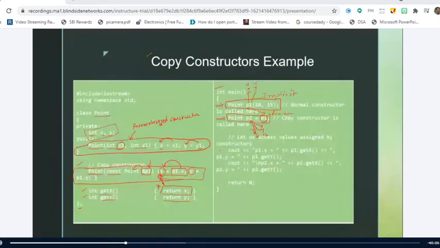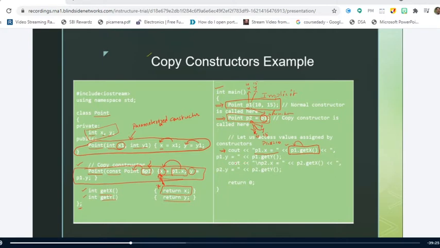So now I am just printing the outputs. cout P1.x is equal to, and P1.getX. What is this statement doing here? P1.getX, returning the value of x. Yes, it is true, but it is invoking the function getX that belongs to P1. So it will return the value of x of P1. What is the value of x of P1? It is 10, which will be printed.